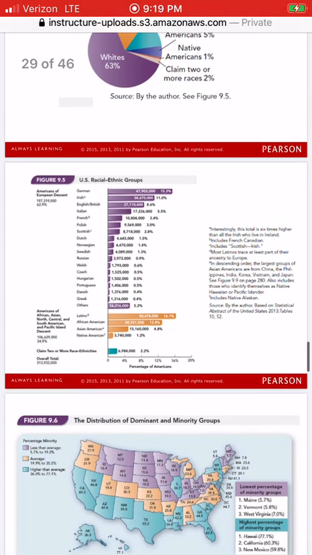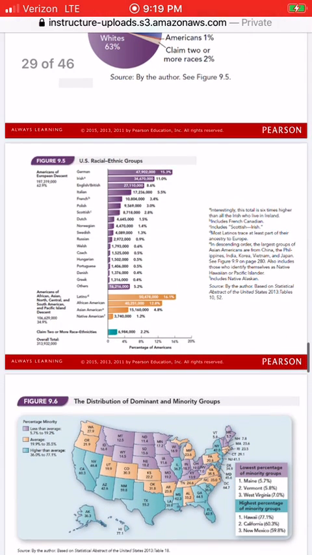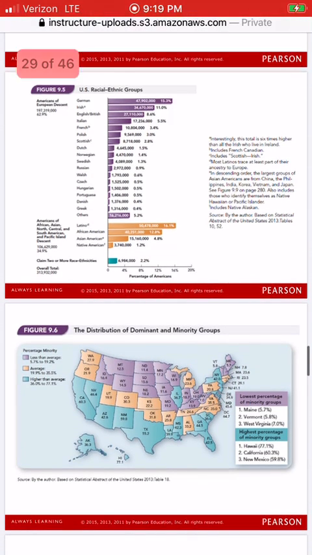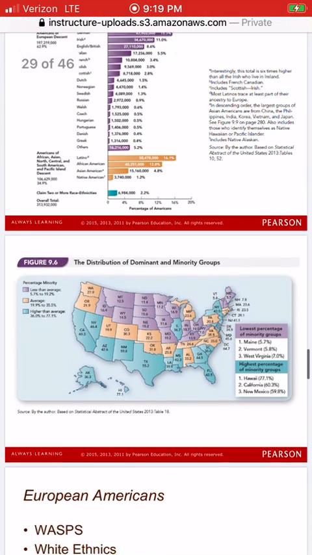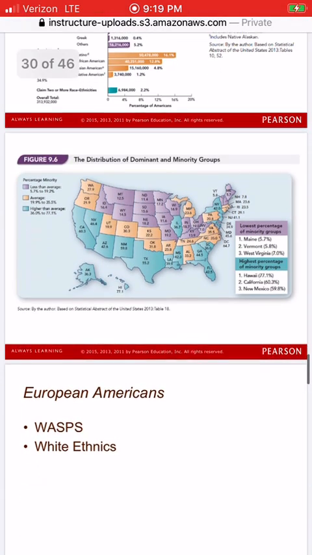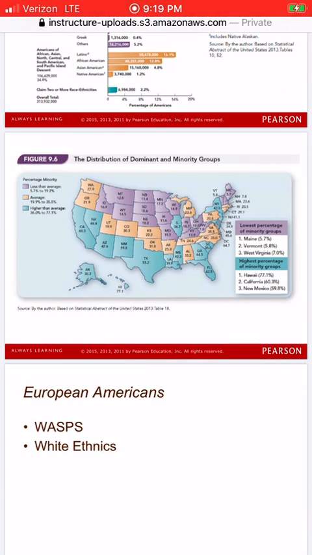Again, figure 9.5 gives a further breakdown of different racial and ethnic groups. So here you're starting to see a much larger breakdown scale of it. And my question to you is, do you know what your racial and ethnic background is? Do you know where your family has come from? Are there certain racial groups or ethnic groups that you identify with? Are there multiple? That's always a really interesting graph to look at because some individuals don't always know.